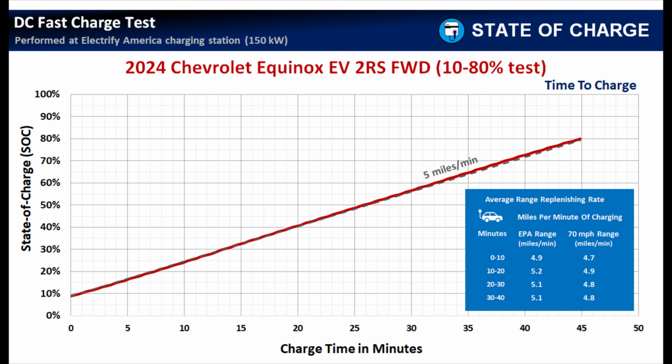Okay, so the first 10 minutes of charging, we added 4.9 miles per minute and 4.7 miles per minute respectively. The second 10 minutes, it actually crept up a little bit, 5.2 and 4.9. And then for the 20 to 30 and 30 to 40 minute sections, we had the same range replenishing rate, 5.1 miles of range added for every minute of charging according to the EPA and 4.8 according to my 70-mile-an-hour highway range test. So you could see this entire session is nearly 5 miles per minute consistently for the whole